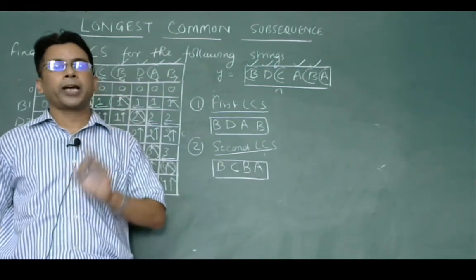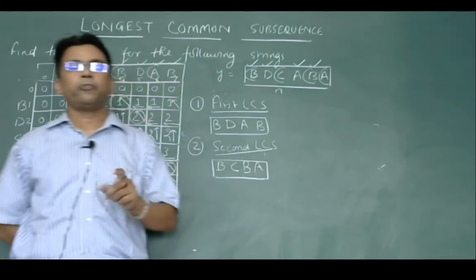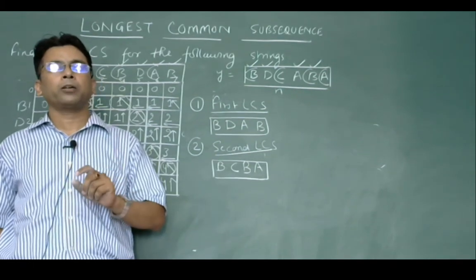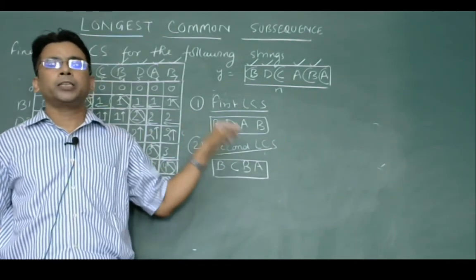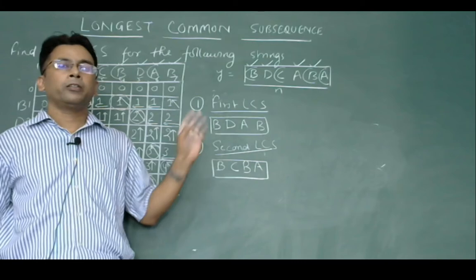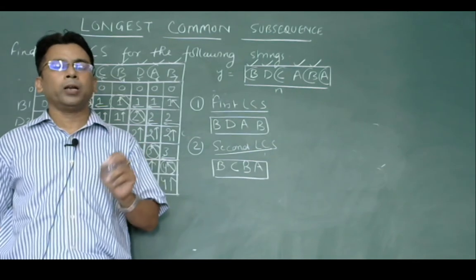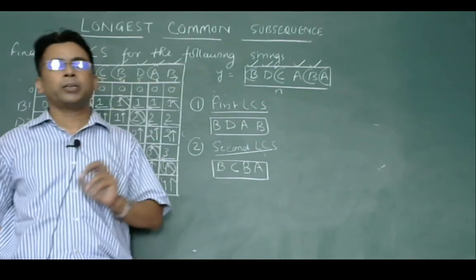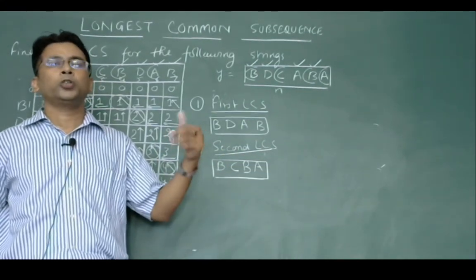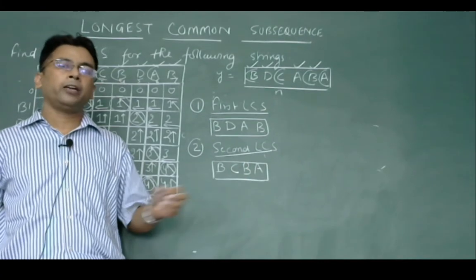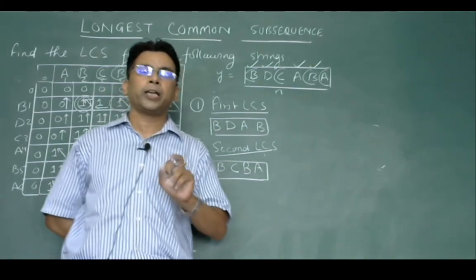And if there is no match, xi is not equal to yj, then in that situation, the value is the maximum of C[i-1,j] and C[i,j-1]. Whichever is greater is placed at the position of C[i,j]. After placing it, there is a rule for filling the arrow at that position. If both the values are equal, then the arrow is in upward direction. And if C[i-1,j] is greater than C[i,j-1], then the arrow is placed towards C[i-1,j]. And if C[i,j-1] is greater than C[i-1,j], then the arrow is placed toward C[i,j-1].